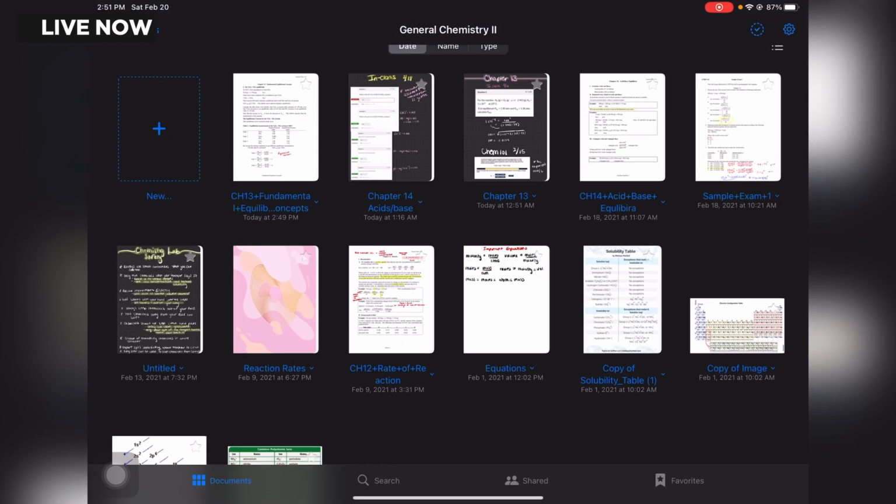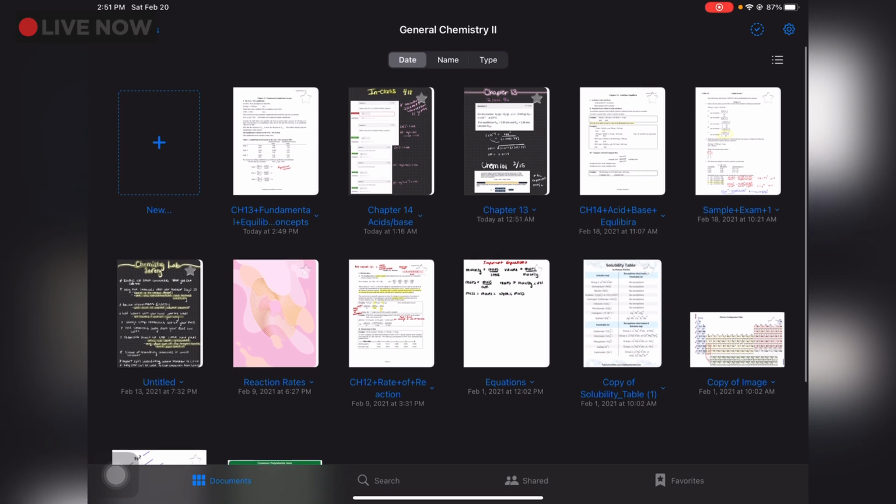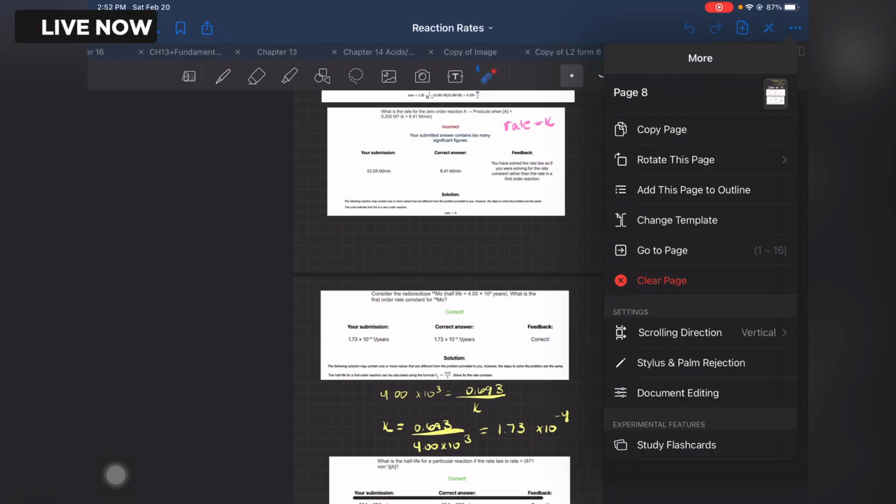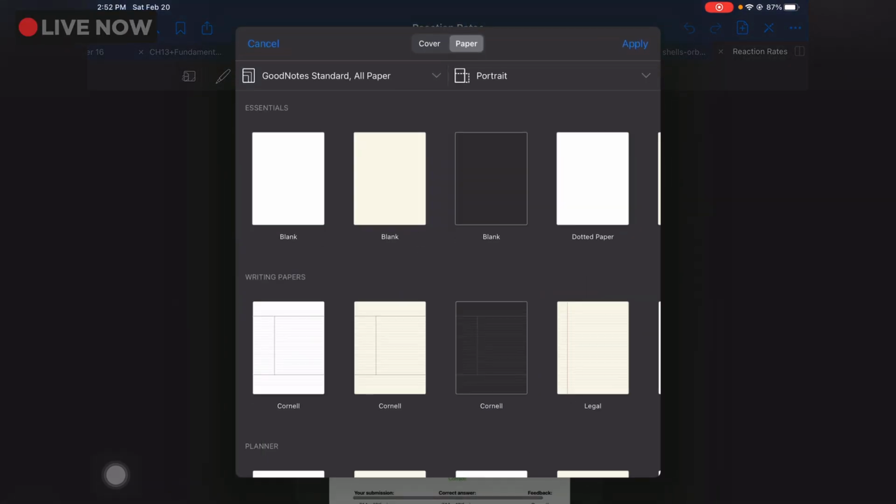You can create, right here at reaction rates, a folder like this. You can have it to where they're visible, where you automatically see into them, or you can create a cover for them. So if I click on it, you can also change the template. By template, I mean if you want to have them on white paper, you can change it to white